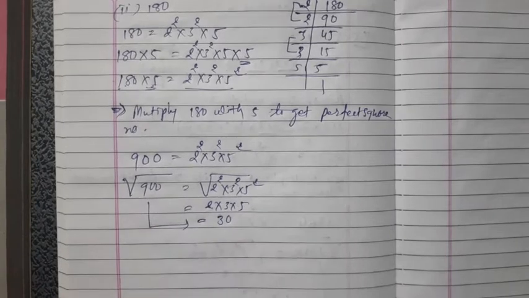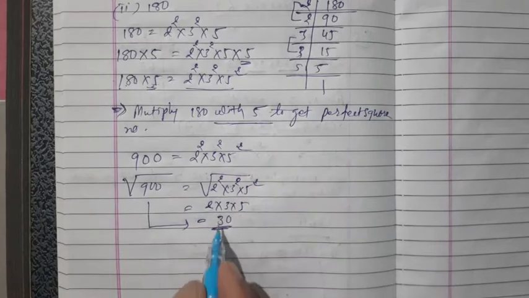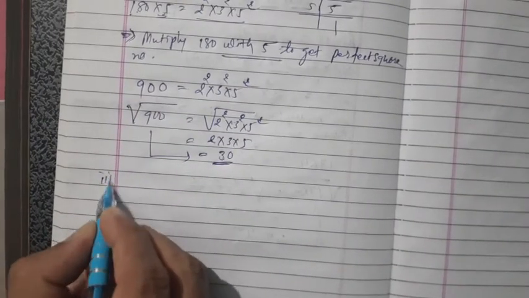That's your answer. It's your second answer. First answer is multiply with 5, and the square root of that number is 30. Okay, now the third number